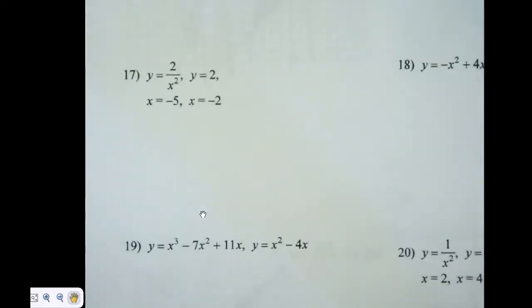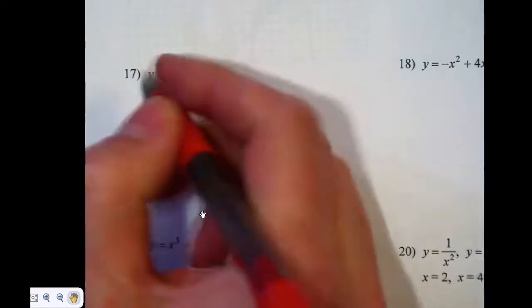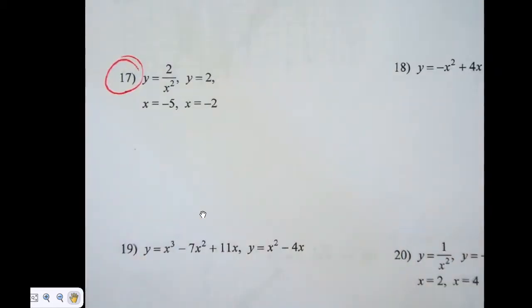So you don't have a calculator. Or you do. I don't know why I keep saying that. You don't have a graph. You do have a calculator, which means you actually could create a graph. Try 17 right now, all on your own. No graph. I gotta fly to New York and deal with the thing. I'll be back. Alright, bye.